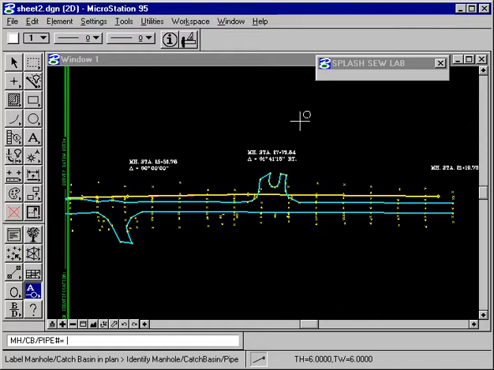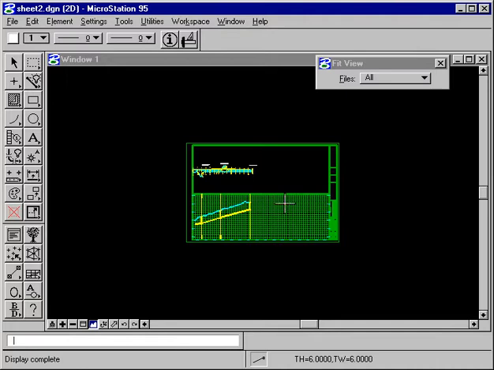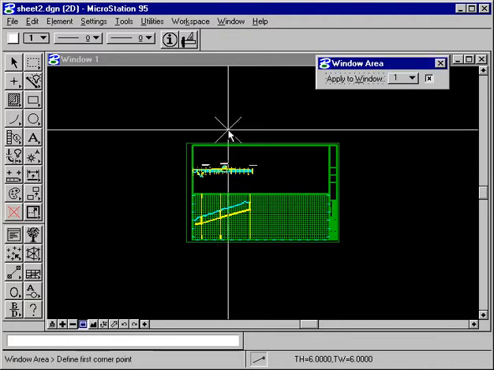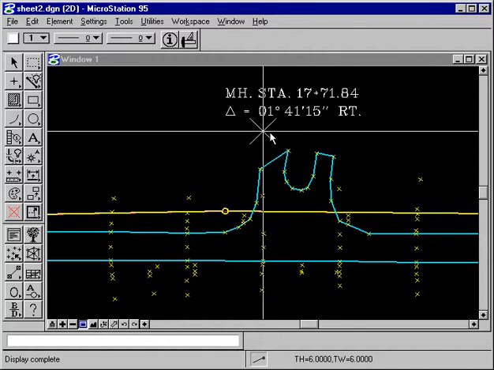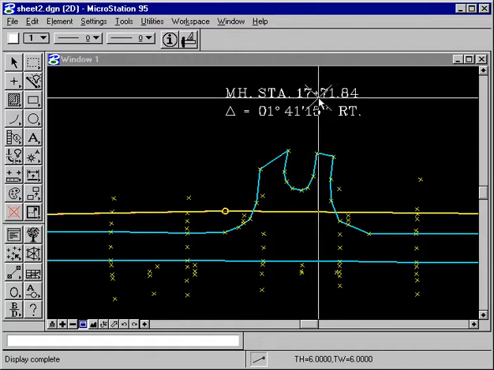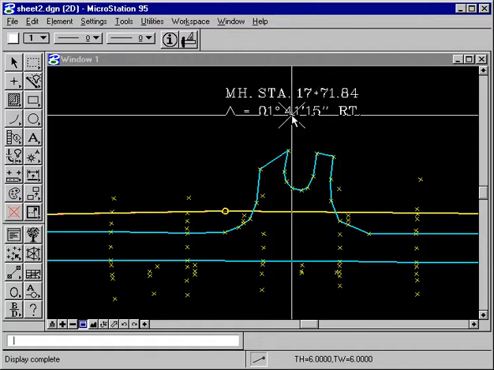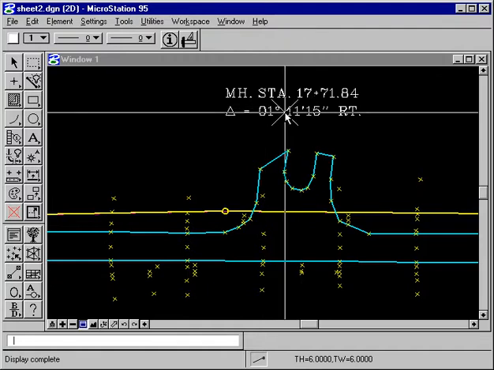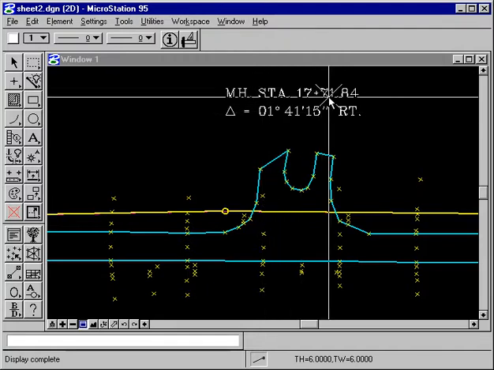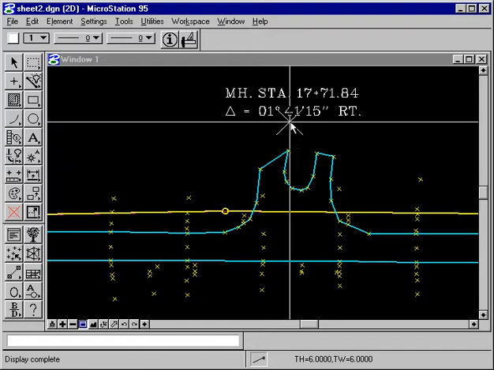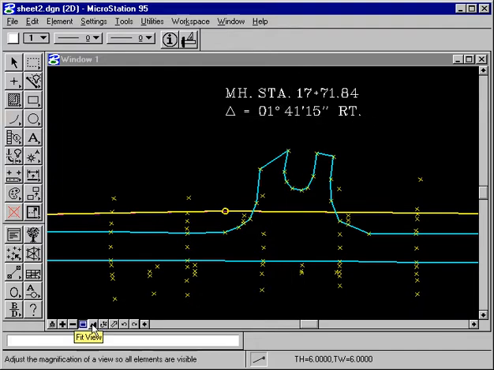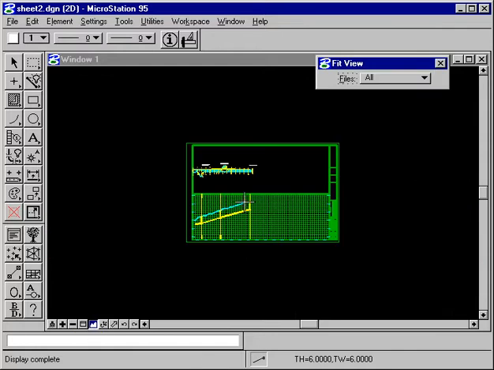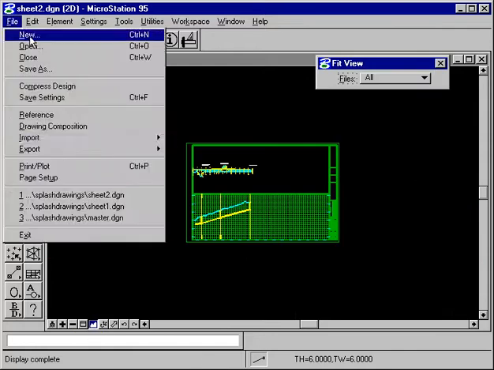Now, notice that this manhole right here, I'd like you to remember that it is station 1771 and this deflection. Let's just try and remember two numbers. Let's try and remember the 71 in the station and the 41 in the deflection. Now, if we go back, we're on sheet 2. If we go back to sheet 1,